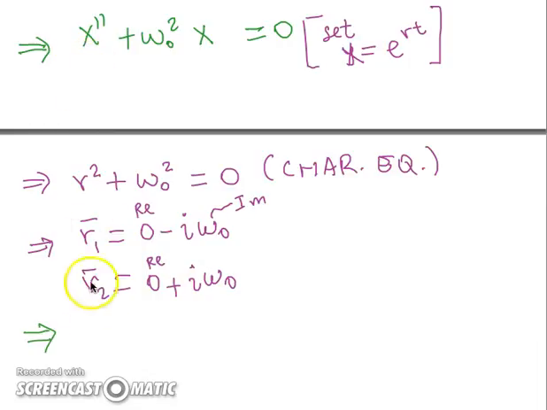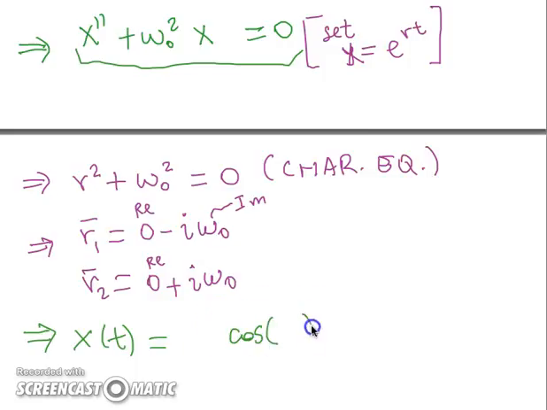But what we know is that, based on the real parts and the imaginary parts of these complex roots, the solution of this second order linear differential equation with constant coefficients is going to be x of t, a linear combination involving sines and cosines. So that solution would have cosine, sine, and it really would involve e to the 0